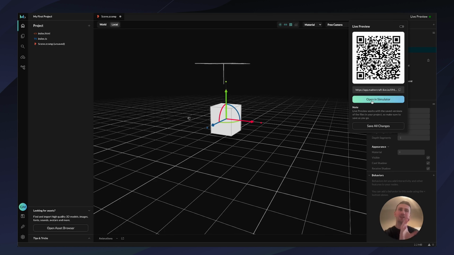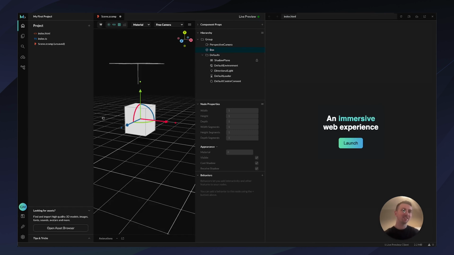So let's use that. This is the one that we'll use for most of the time when we start to build some augmented reality mobile-based AR projects. We'll start to scan the QR code, but it's worth noting that this is a completely live preview. So it will be in real time and it will simulate what you're seeing in your viewport and what your project is doing. So let's click it. Let's have a look at it. Move myself back over.